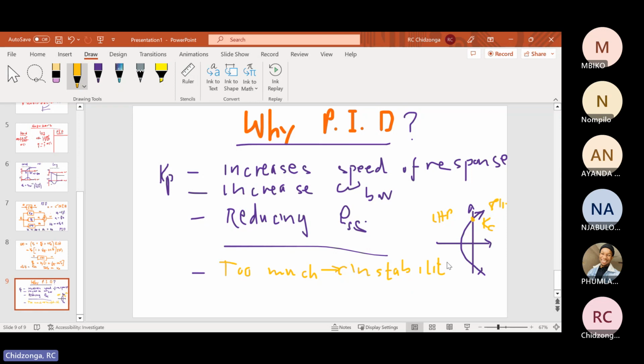Now, those of you who actually did the simulation, you will see that as you increase the K, the system's oscillations were also increasing and the overshoot was also increasing. The settling time was also increasing. So all those things are disadvantages. They are not advantages. So the transient response can suffer,